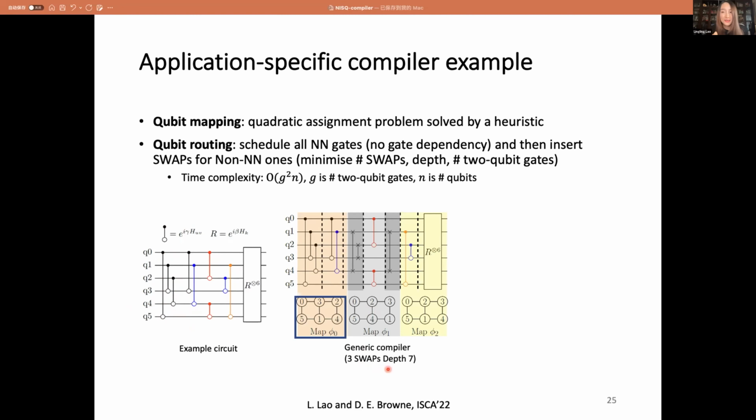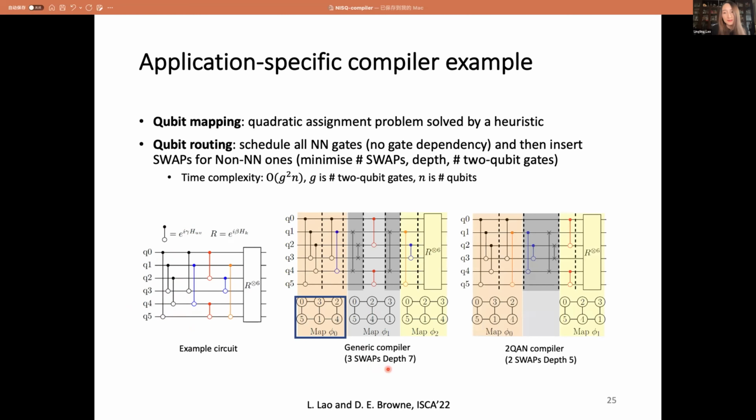But our application-specific routing technique is designed in the Toucan compiler. We notice that we could randomize all the 2-qubit gates. So that is, even with the same initial placement, we could reorder all the 2-qubit gates.